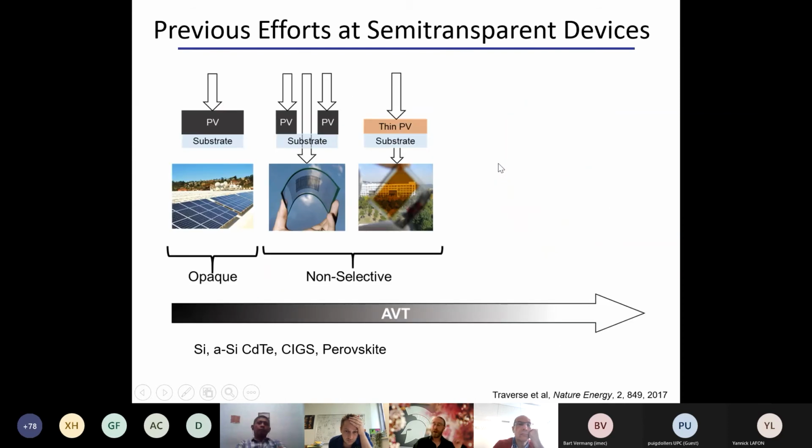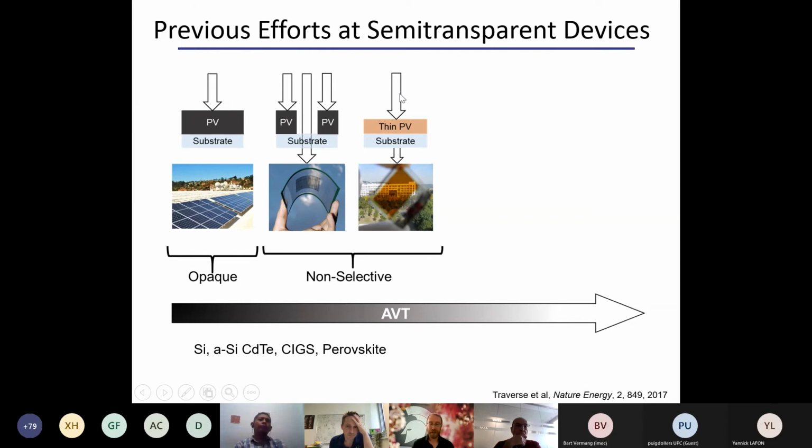And when we first started thinking about this, this was sort of the approach that was taken. It was to take an opaque cell and cut holes or make slivers of that opaque cell to let some of the visible light pass through, or to just take these kinds of semiconductors and make them ultra thin. And there's two trade-offs that you get with that. You not only get a trade-off with overall transparency level, but you also get a trade-off with color impact with